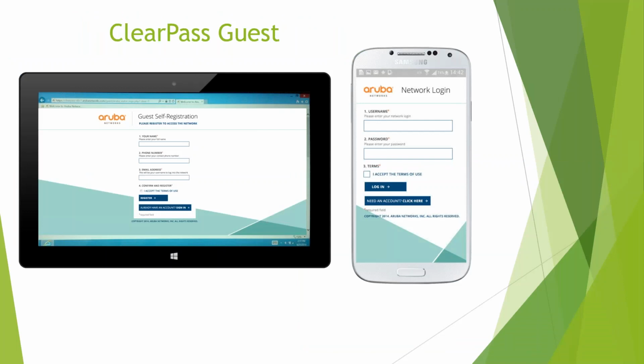Another big thing that ClearPass has to offer is what we call a guest captive portal screen. So this is a splash page, just like if you go to a hotel or sometimes a coffee shop. This guest registration process, there's a web server built into ClearPass, and we are able to collect information based off of this captive portal